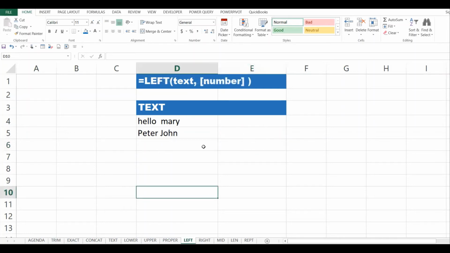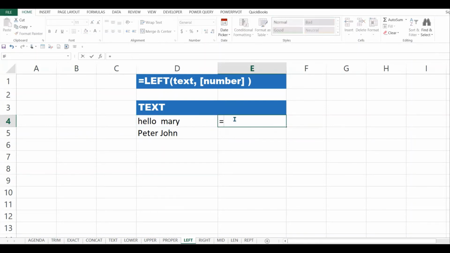Let's continue on. We have the left function. What does the left function do? Assuming I have these two texts, hello Mary and Peter John, and I want to extract hello only.